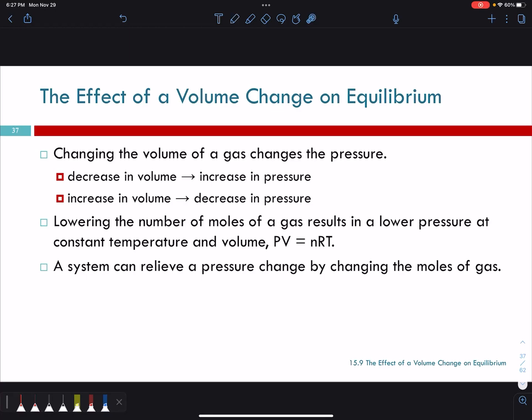The reason it changes the equilibrium comes back to the factors that change our rates of reaction in the first place. So decreasing volume increases pressure. If we increase pressure, the molecules are going to be closer together, and you're going to have more collisions. If we increase volume, we've given the same amount of particles a larger space to fly around in, so they're less likely to collide. So a decrease in pressure is going to decrease the rate of reaction.